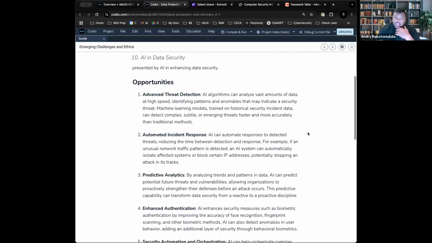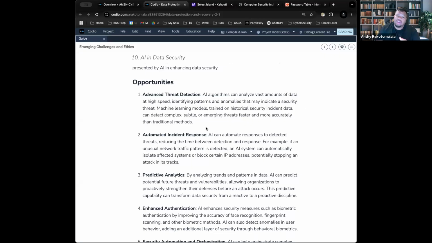One of the first ways that it can help is threat detection. Like I said before, there is a huge amount of data that we need to go through in order to see if there's an actual threat. So if we train AI, if we give it all the right information and show it all the past incidents, the signatures, it'll learn from that large volume what would be an actual threat. It'll be able to decipher if there is a threat or not based on the information we provided. So that's a good way that it can detect it.